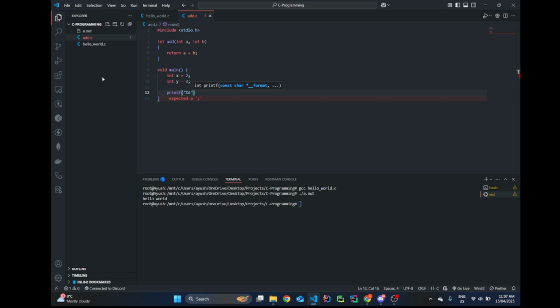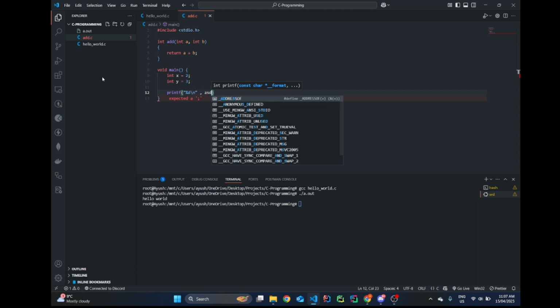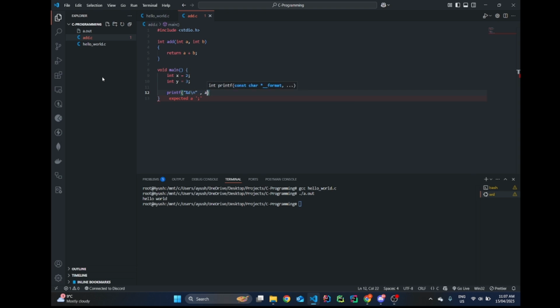So percentage d slash n, add x comma y. This will obviously print 5 because you're passing 2 into this and 3 into this, and all of these calls are in the stack, so you're not directly allocating any memory, so it is all going in the stack. So let's compile this,